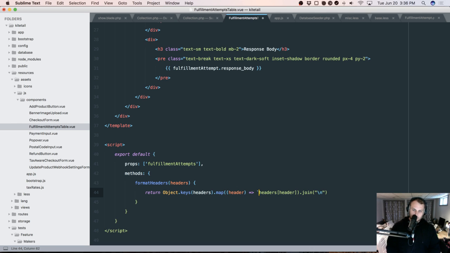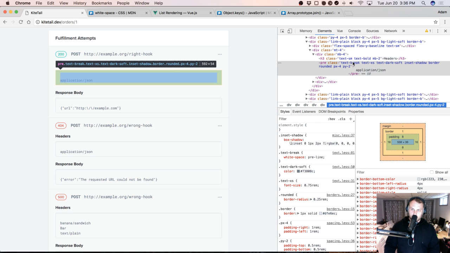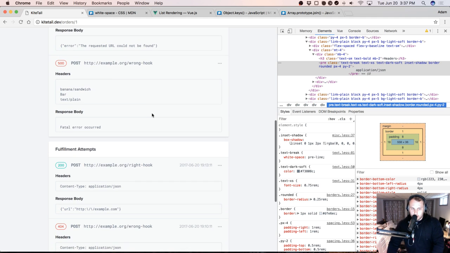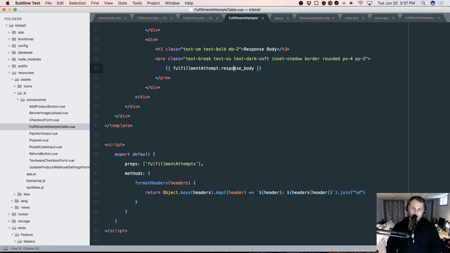We want to return a template string of header, colon, headers at header. Man, that is grim. It sucks that we have the extra white space now when we don't have that with this version down here. So, I mean, another solution to that is to